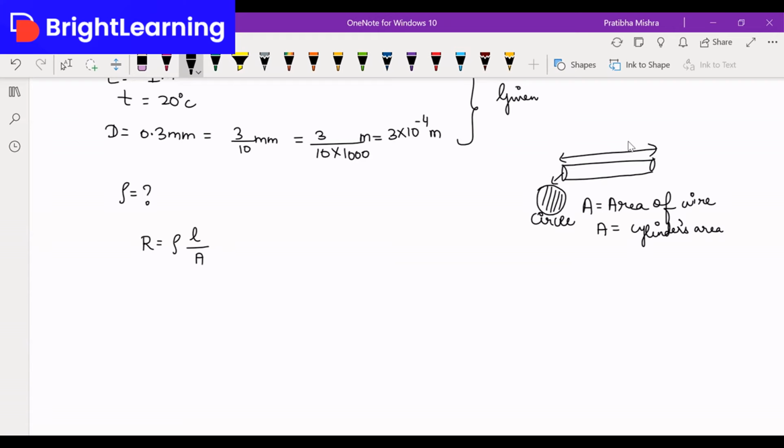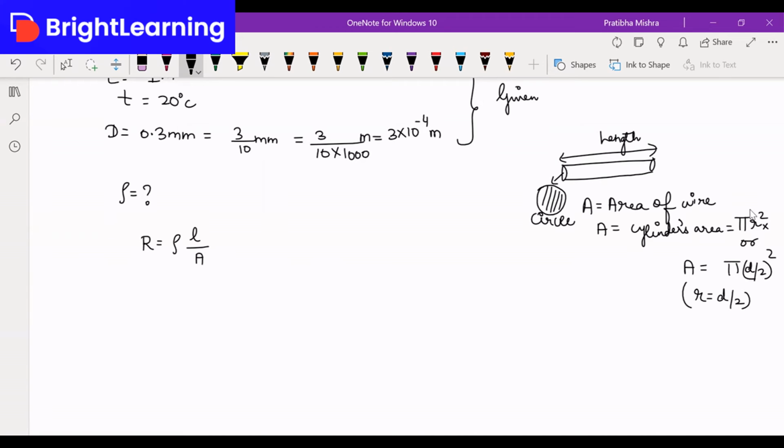But what about this? This is the length. Okay. So how can you find this out? This can either be pi r square, my dear kids, or it can be pi d by 2 the whole square, right? Because radius is diameter by 2, right? So this can also be your area.